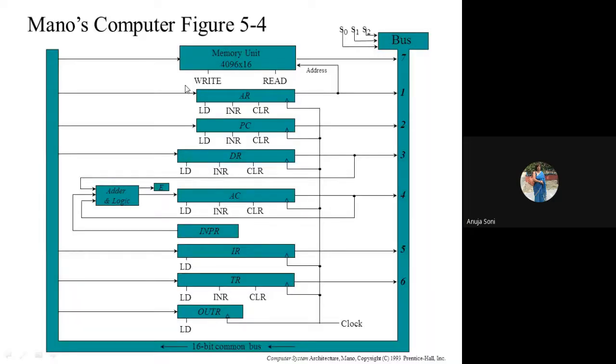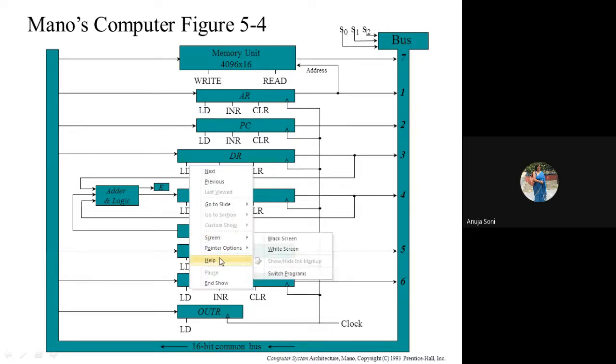Means data, here data will come either from the DR register, because here we're going to talk about the addition of two numbers by default. One of the operands will come either through the DR register or from the input register, and another operand will come from the accumulator register. Both will be added and the result will be loaded to the accumulator register provided its load signal gets enabled.